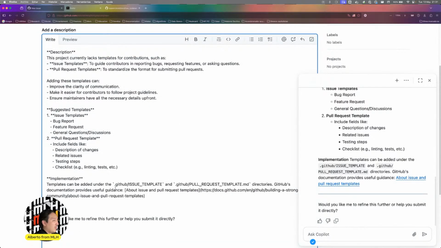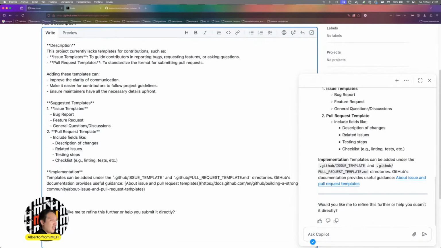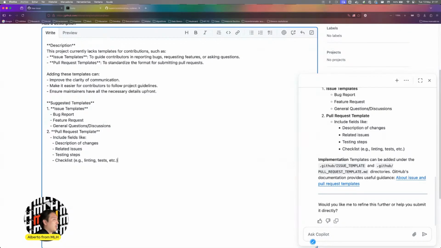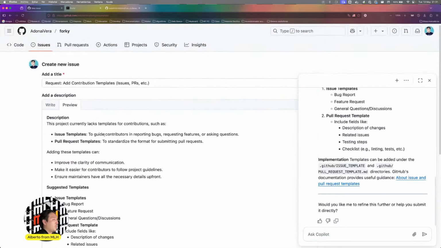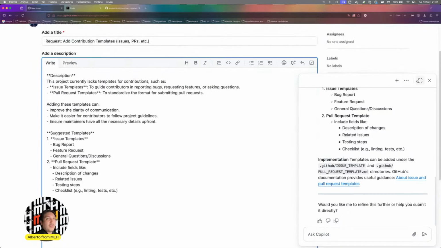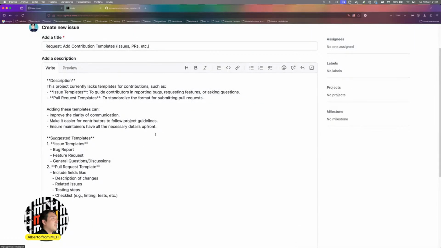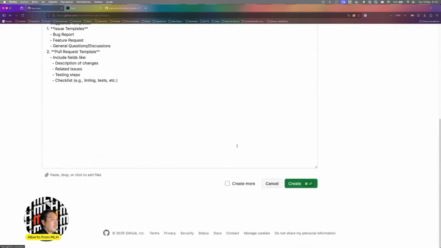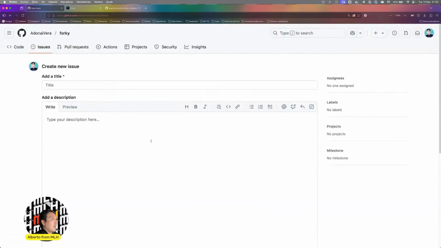Templates can be added under the directories. Okay, I'm going to delete the implementation, and that'll be it. Preview. Okay, perfect. Let me hide the palette. And well, that would be it. I'm going to create more. So I'm going to create this. And next one, it will be